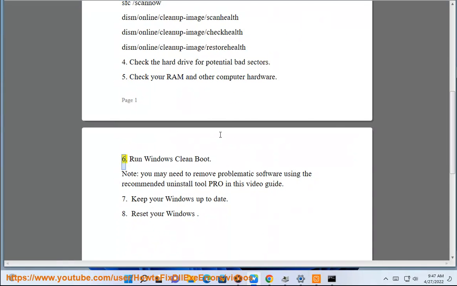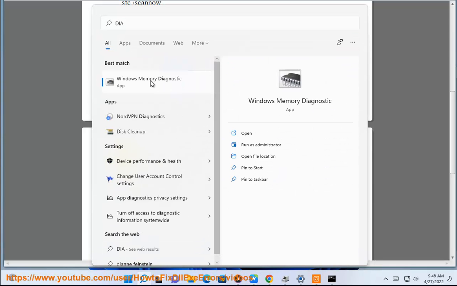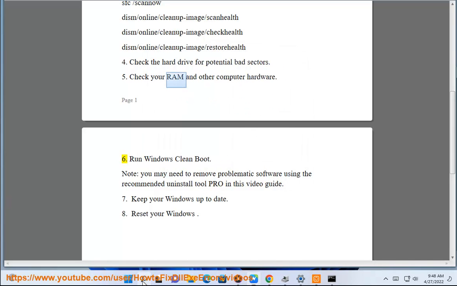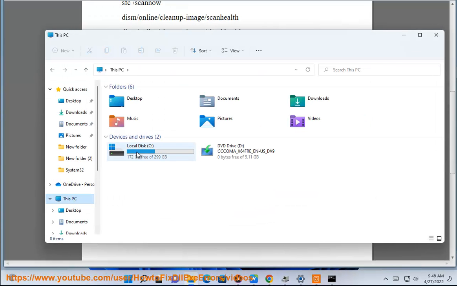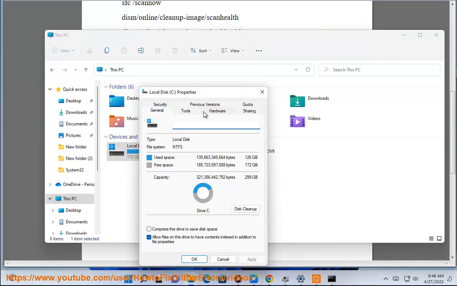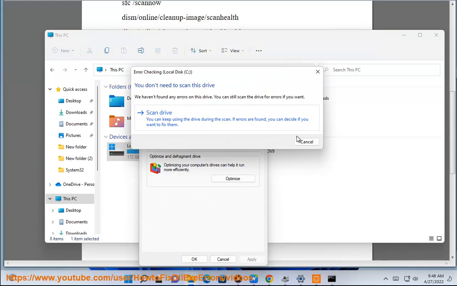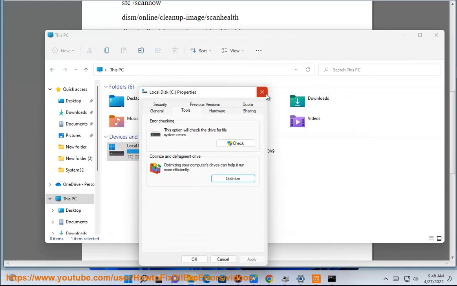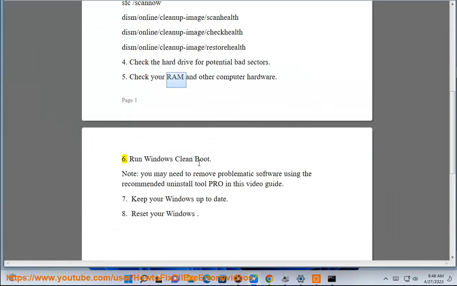6. Run Windows Clean Boot. Note, you may need to remove